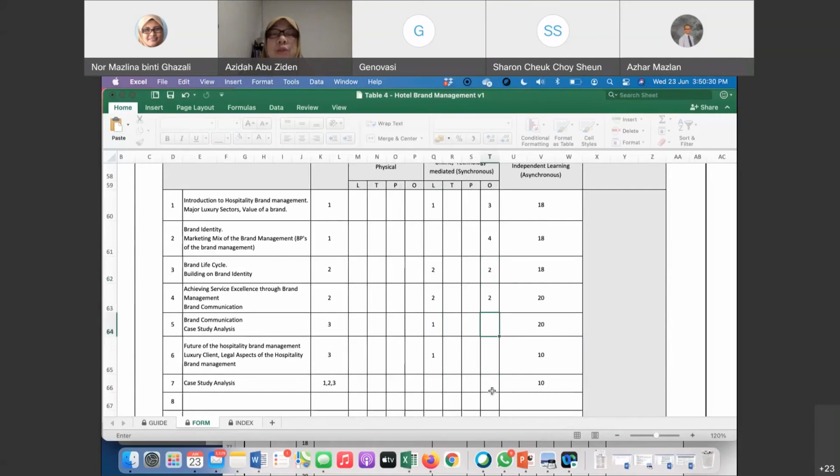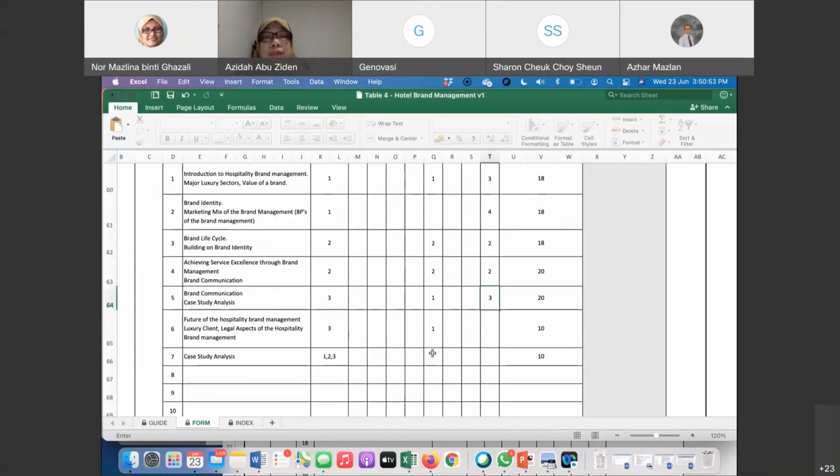Okay, choose others so that you will be much more flexible in terms of delivering your course. Okay, jadi tak adalah nanti bila auditor datang nak tengok, dia kata okay, where is your lecture? Lepas tu you tak ada lecture disebabkan oleh you do asynchronous using your SIP. So this is how we actually put it in